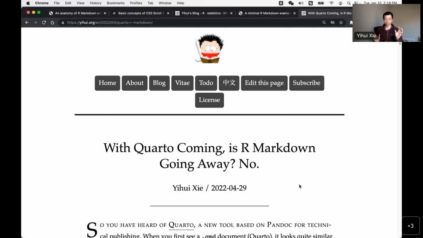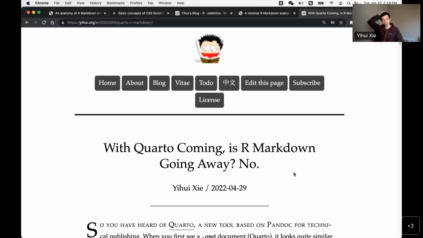It's just sometimes awkward for R users to install Python to run R, or for Python users to install R to run Python. That just feels weird. So Python users are probably more familiar with Jupyter, and Quarto allows them to use Jupyter to run Python code. And also,